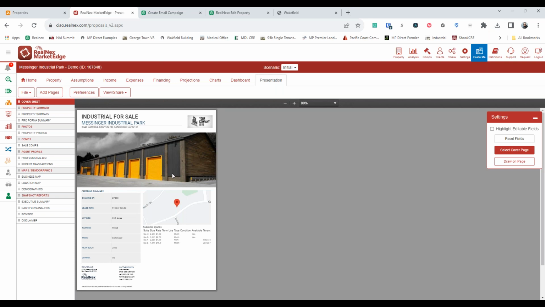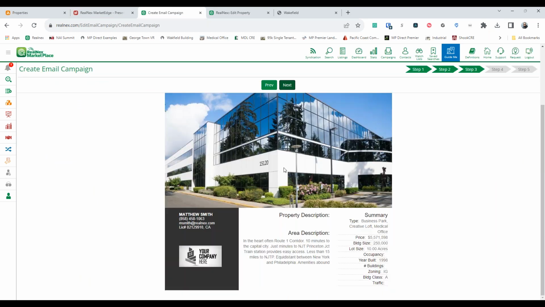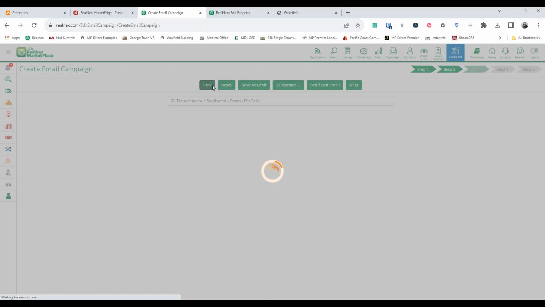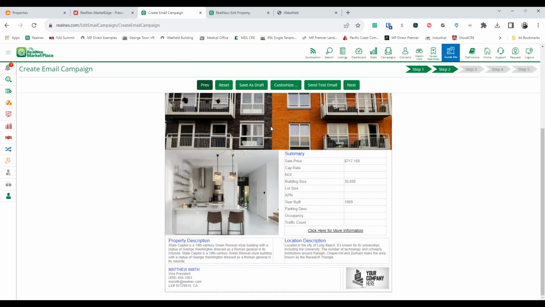So remember, if you want something very simple, easy, and pulling from the property data, Marketplace is the place to be. If you want something with more detailed information, with the spaces listed, with more information that you would have for recent transactions, maybe it's a business map, a retail map, you'll probably want to push some of that information